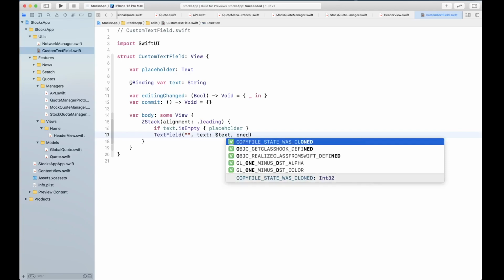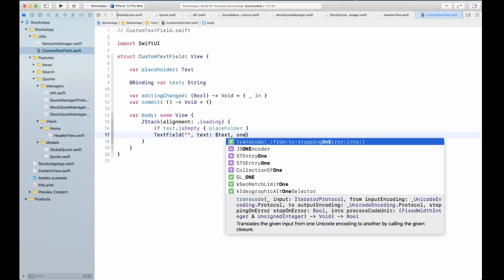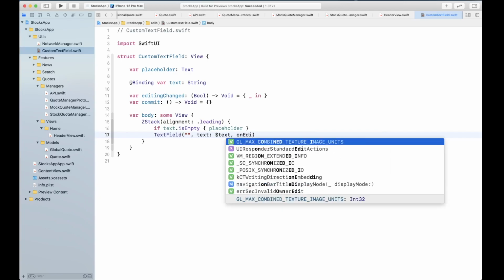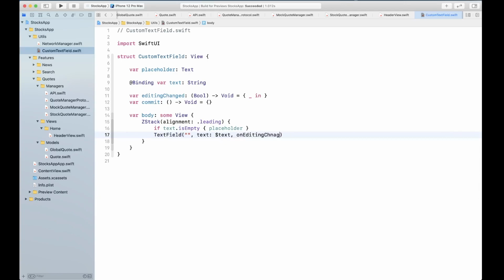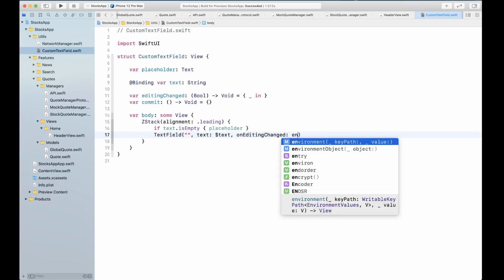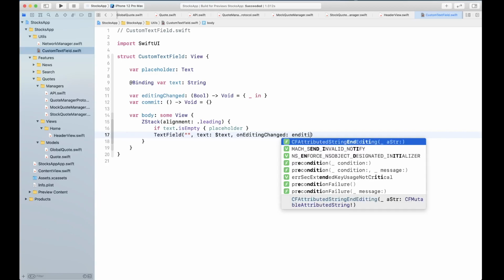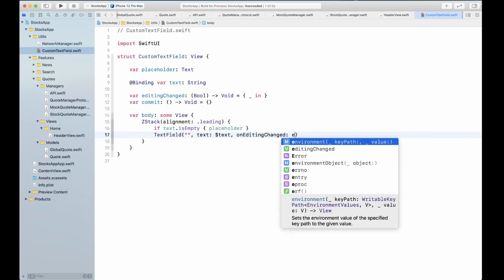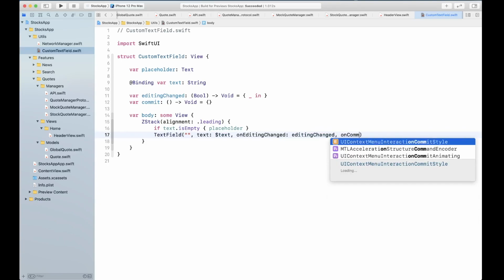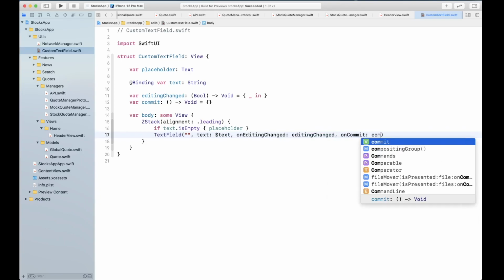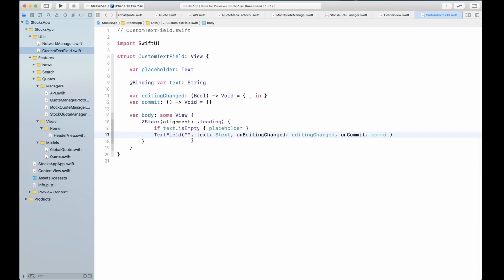On editing changed, we're gonna call editing changed. On commit, we're gonna call commit. Okay, let's go ahead and build.